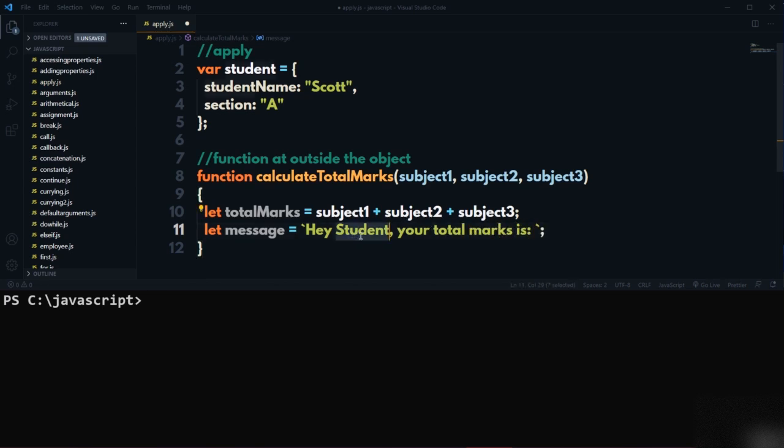So in this place, I would like to replace the actual student name. But how is that possible? This function is not a method of that object, so it cannot access that object reference. So this function wants to access that particular object by using this keyword. In order to do so,